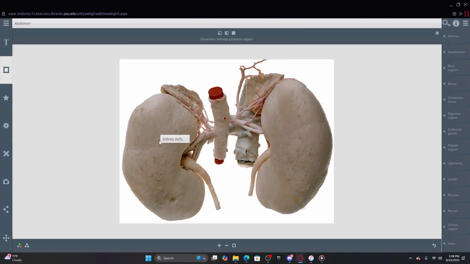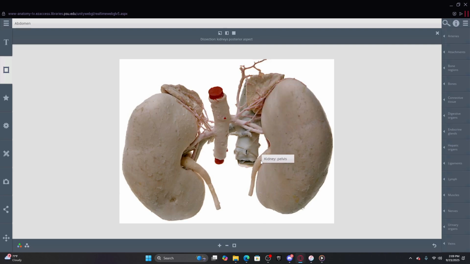Now you have your left kidney where your right one was in the previous image, and your right kidney where the left one is in the previous image. And now you're not seeing the IVC so clearly, you're seeing more of the abdominal aorta. All right, so this is still your IVC, this is still your abdominal aorta, your suprarenal glands, you can still